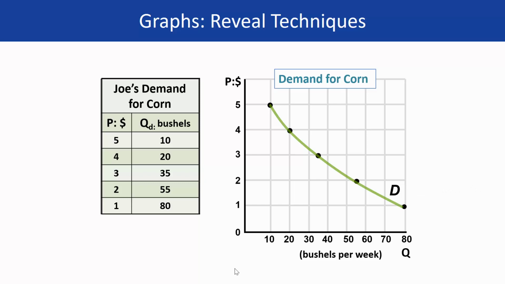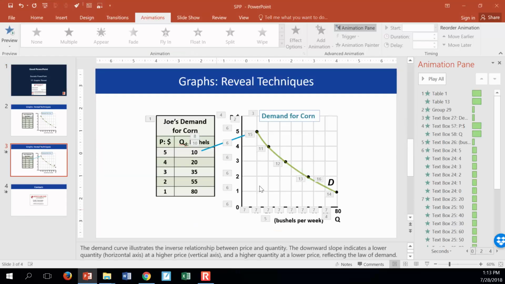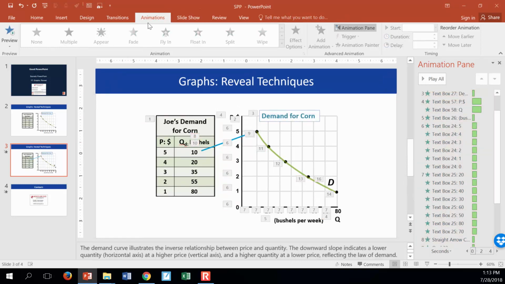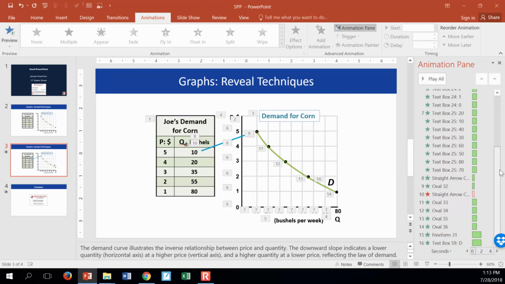Let's go into normal mode and see what's going on. If I do a Control A, look how many different objects are on the screen. Let's take a look how many animations there are. There are 16 total animations, but some of them, like number 7, have 1, 2, 3, 4, 5, 6, 7,